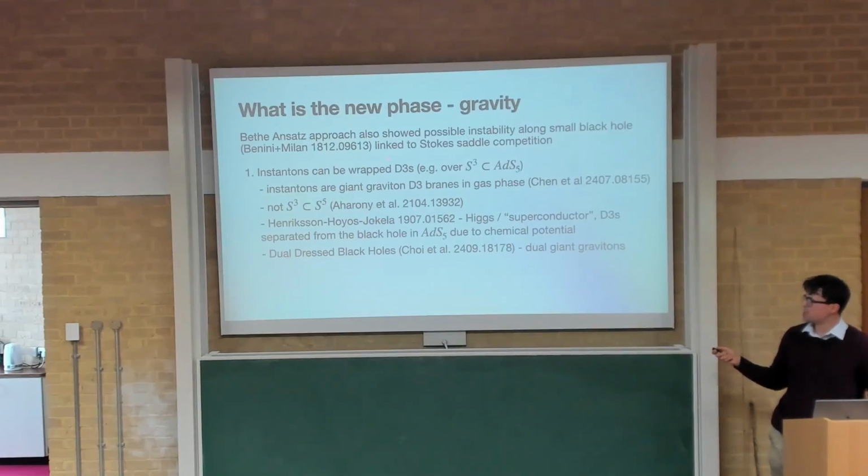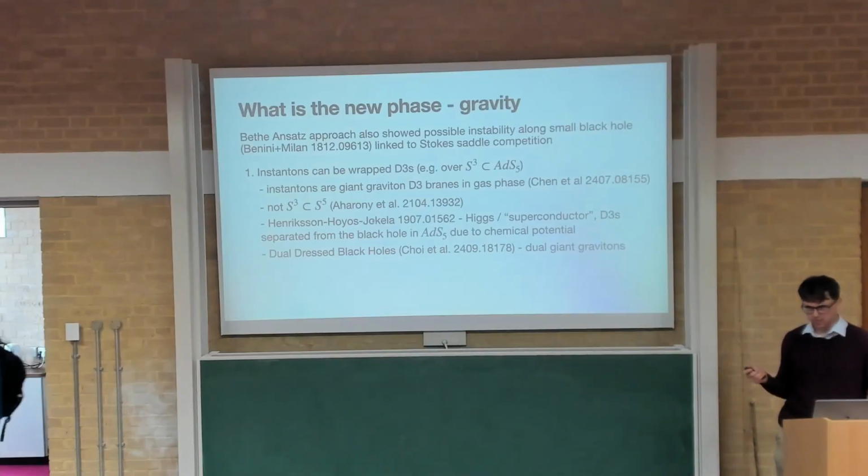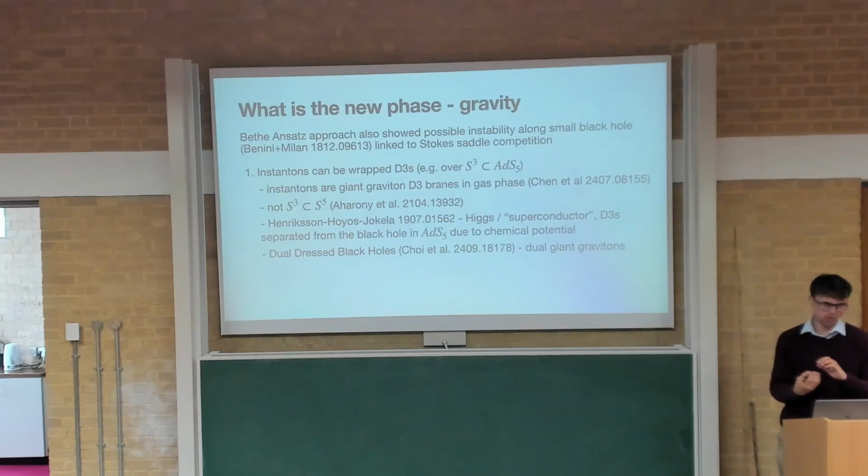So one possibility is that the eigenvalues seem to be related to D3 branes. For example, if you remember in the paper I mentioned before, the eigenvalue tunneling corresponds to D3 branes wrapped as giant gravitons. So maybe the same thing is happening again here, where the instability corresponds to D3 branes wrapping in a certain way.